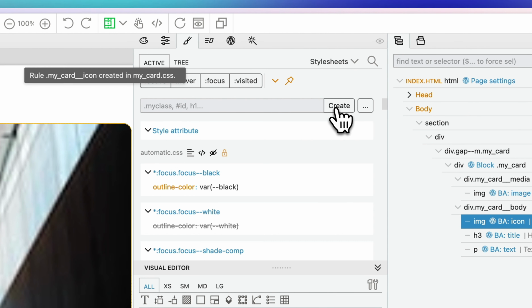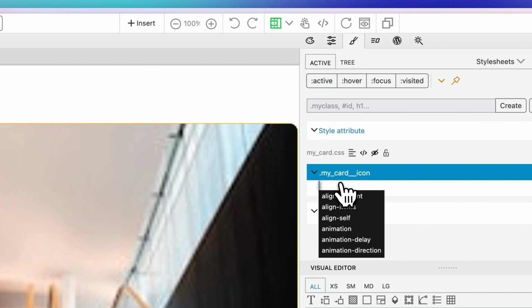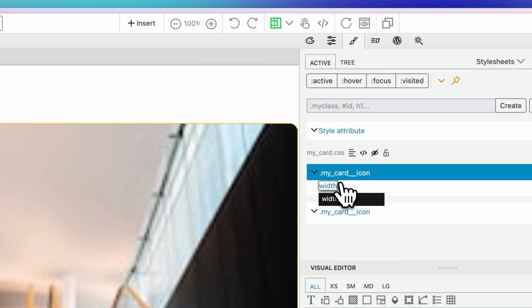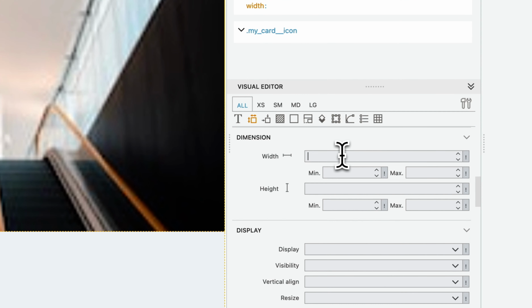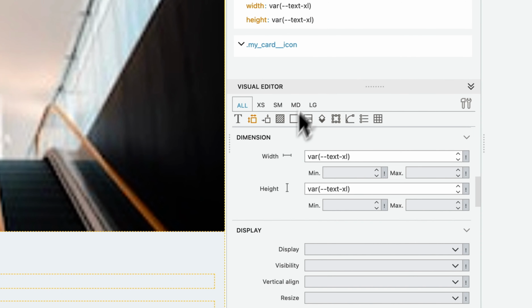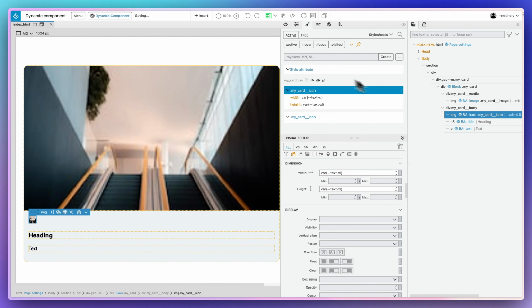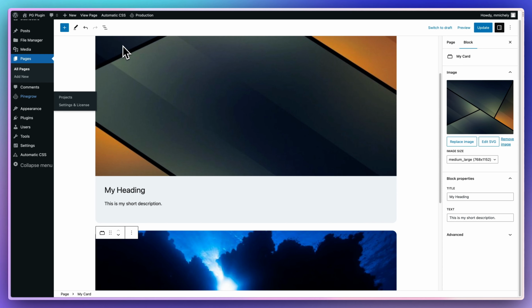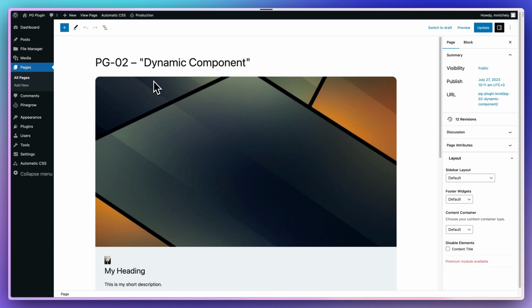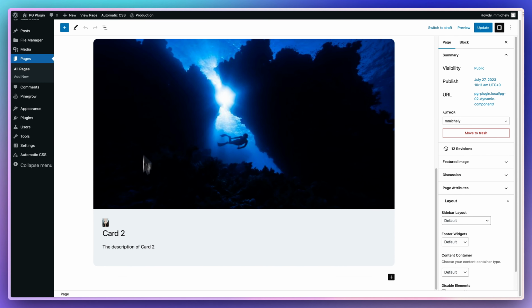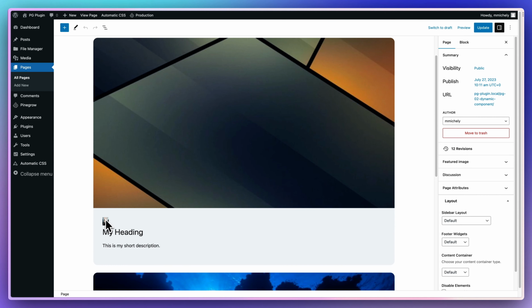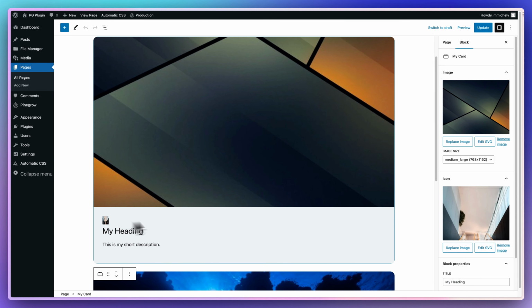Create the class. Width of, let's say, same for the height, and save. Export the plugin, go back here, and let's take a look. And as you can see, every card, every instance of the card now has this icon, which is an image for now,